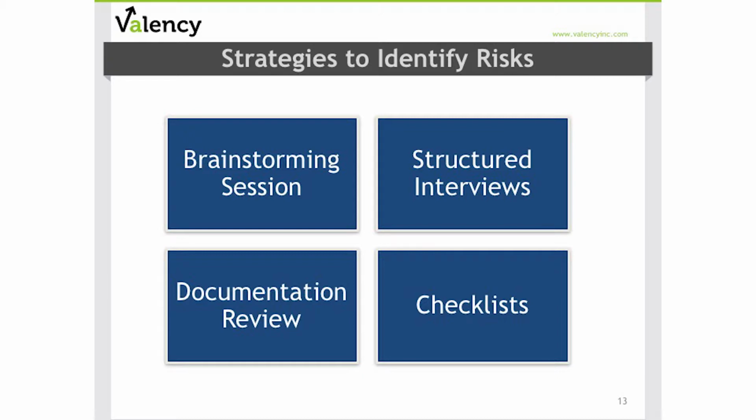The second strategy that's commonly used is conducting structured interviews. And this is done using a prepared set of questions that you follow so that the conversation is structured and yet it allows opportunity to explore issues that may arise during that discussion. Structured interviews are often used in conjunction with conducting a brainstorming session. The two together make sure that you still get input from any of the key individuals or experts or senior leaders who may not be able to attend the brainstorming session for various reasons.